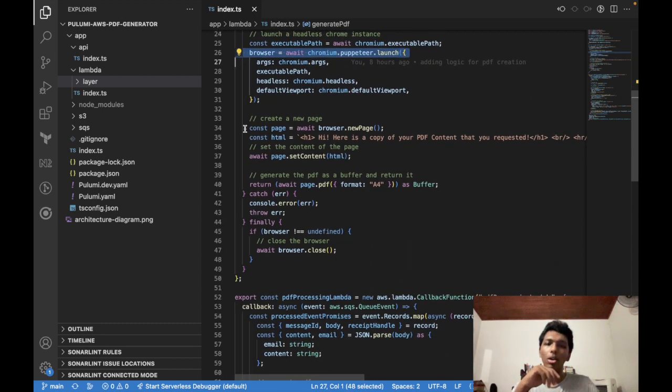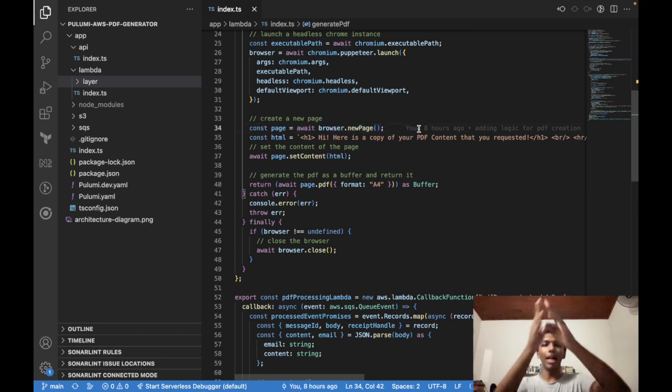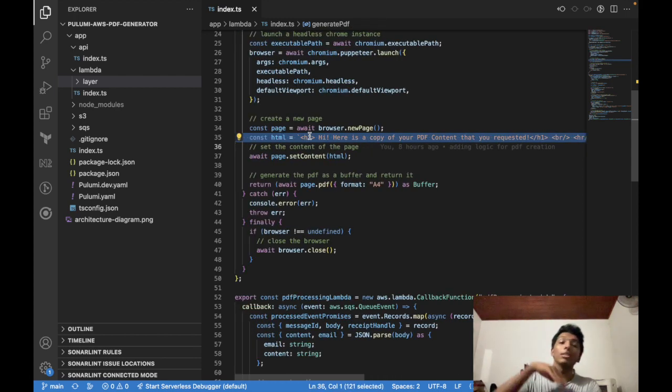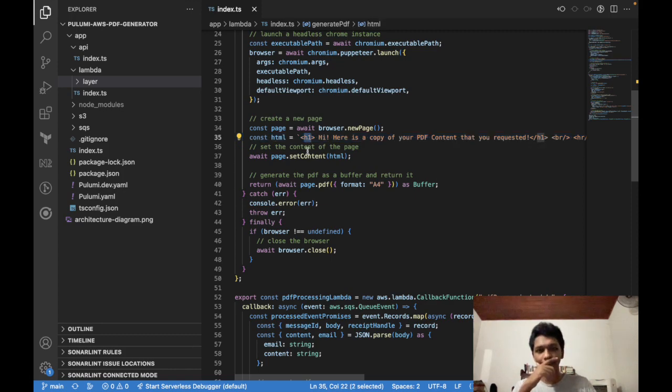And then we are going to be launching a new page, so that is essentially a blank screen. Then we are going to use this HTML template, but you can also design custom templates with custom fonts, where you interact with Google Fonts, and you can have style sheets. You can even set up a nice HTML template on this same project and import it using the Node file system reader. And you can set the content, and then you can generate the PDF